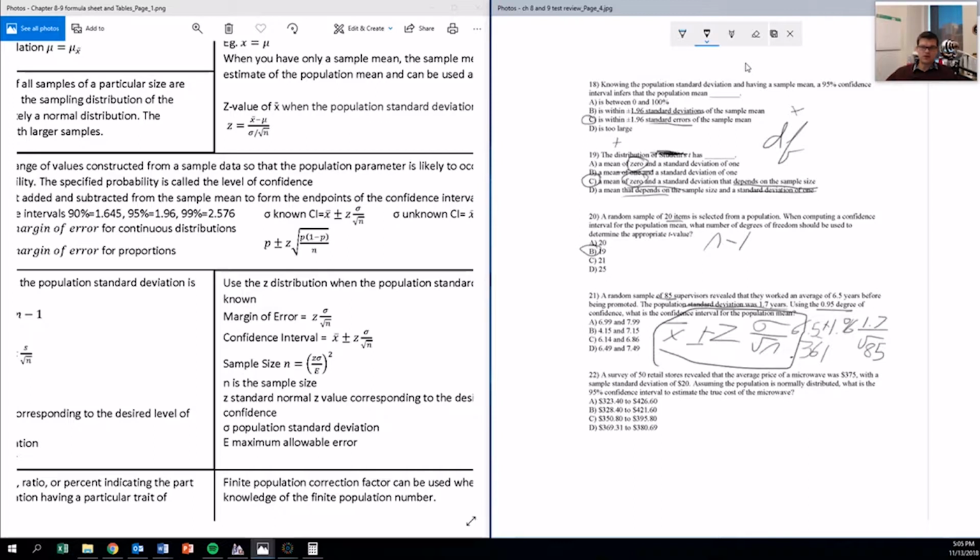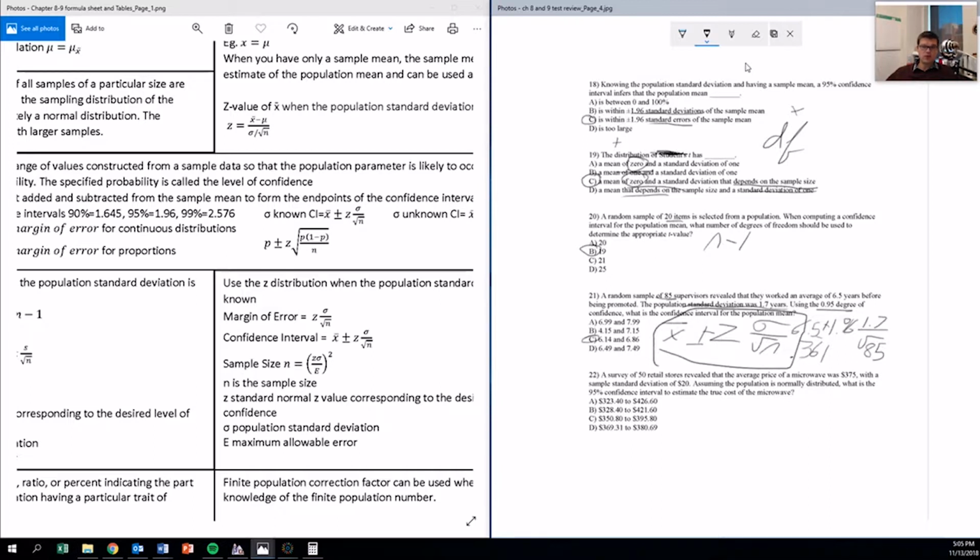If you subtract 0.361 from 6.5, it's going to give you 6.14, and if you add 0.361 to 6.5, it's going to give you 6.86. Okay, a survey of 50 retailers